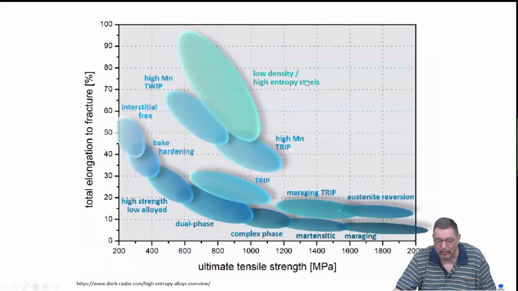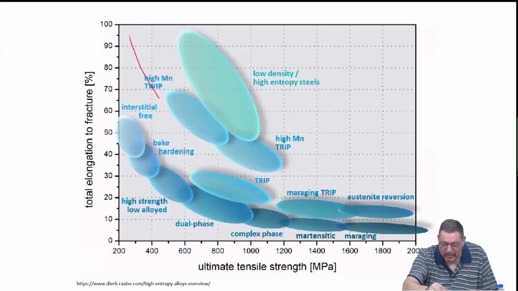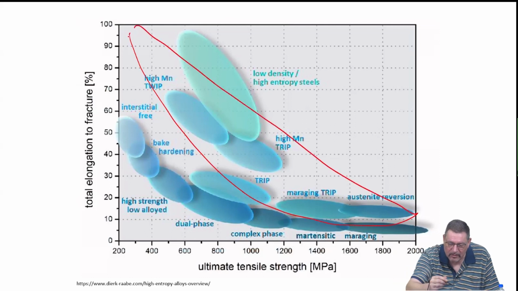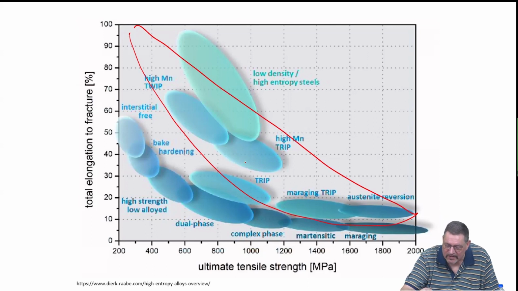Yeah, and then you know that you have to basically think of many materials which have been done over the years. As I said, steel is a very good material, right? So you get very high ultimate tensile strength materials, and total elongation to fracture always follows this what is called banana curve. So if you want to have a very high strength, you probably have to compromise with elongation to fracture and vice versa.